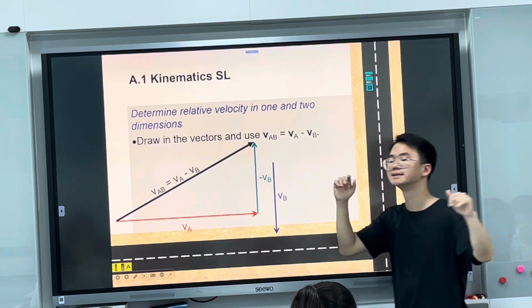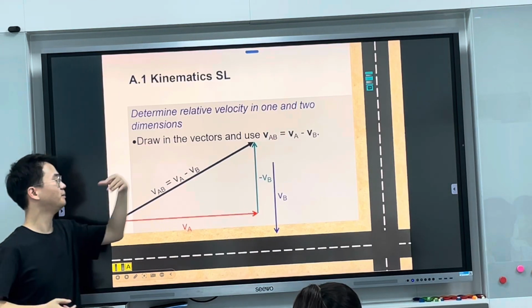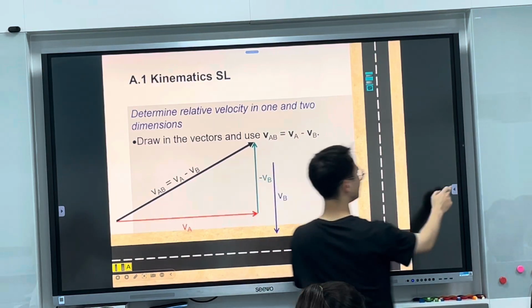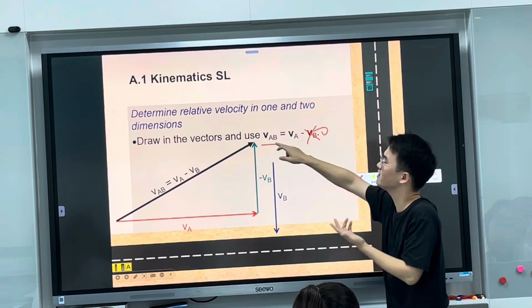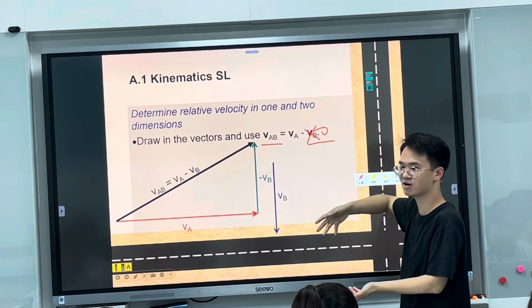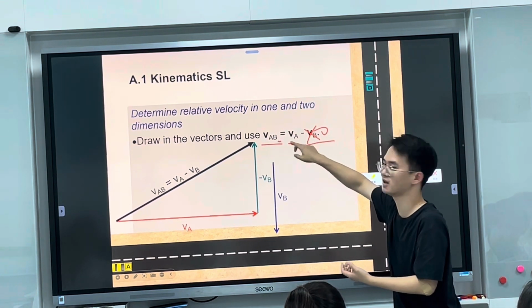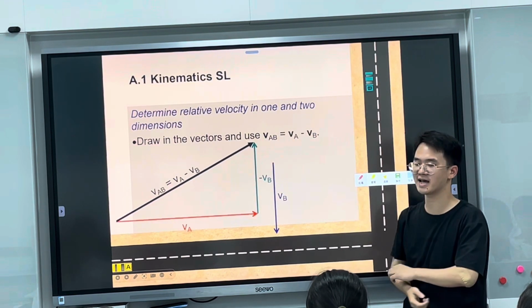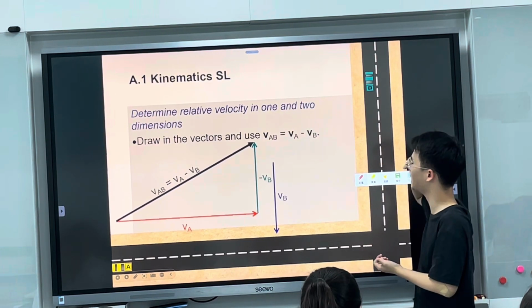Mister, I don't really understand why subtraction. Because you're taking B as a reference point. So if B is not moving, it makes sense that VA relative to, let's say, if B is the Earth, which means VB is not moving, right? We take Earth as our reference point. Then the velocity of A relative to Earth is the velocity of A itself. Does that make sense? Now, what if we don't take B as the Earth, but we take B as an